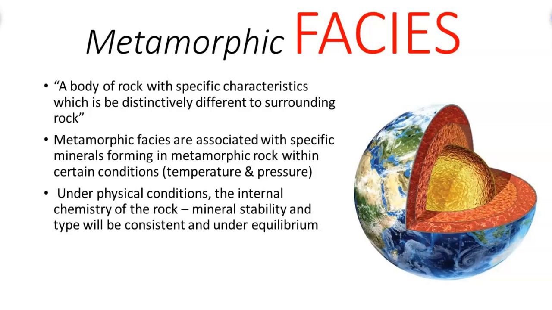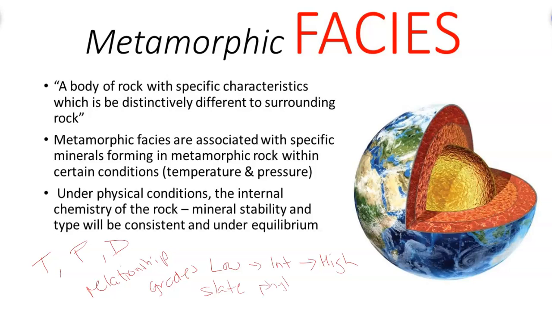As we know, we're looking at temperature, pressure, depth. There's obviously a relationship between these, and how we go through different grades from low, being just above Diagenesis, to intermediate, to high. Now, there are various classic rocks that are linked with each grade, basically like slate, going into, let's say, phyllite, going into schist, gneiss, and at the end, beyond that, a metamorphic facies is a sample of rock,